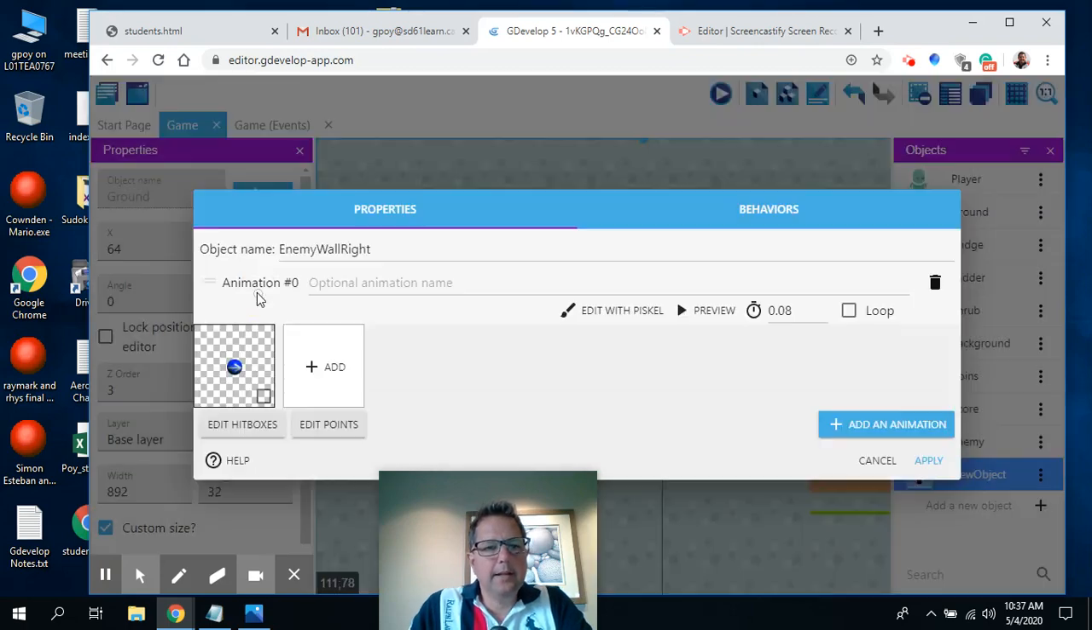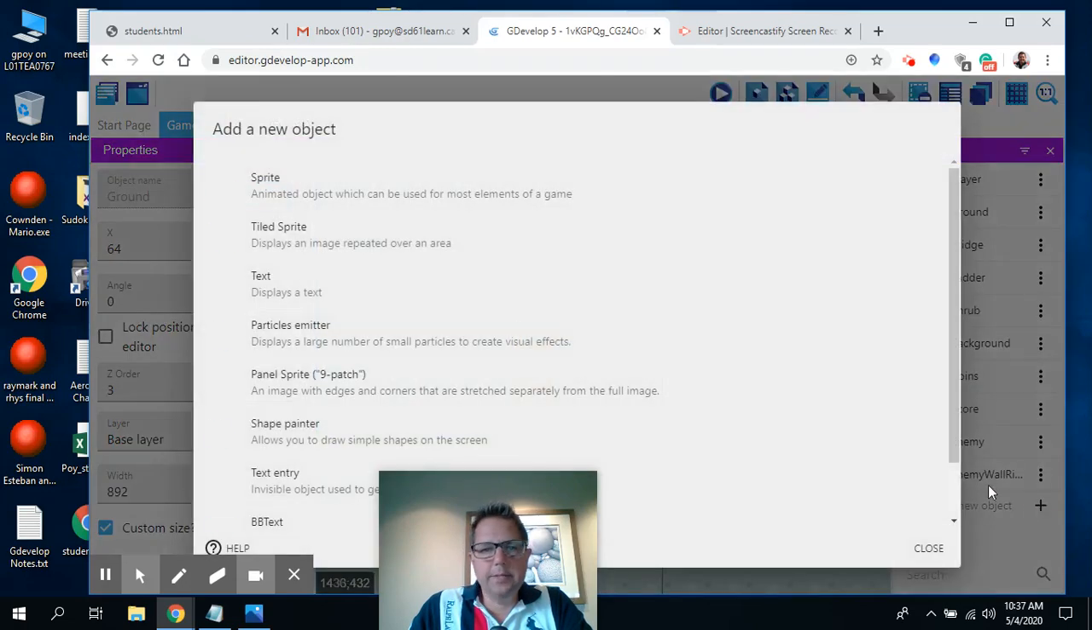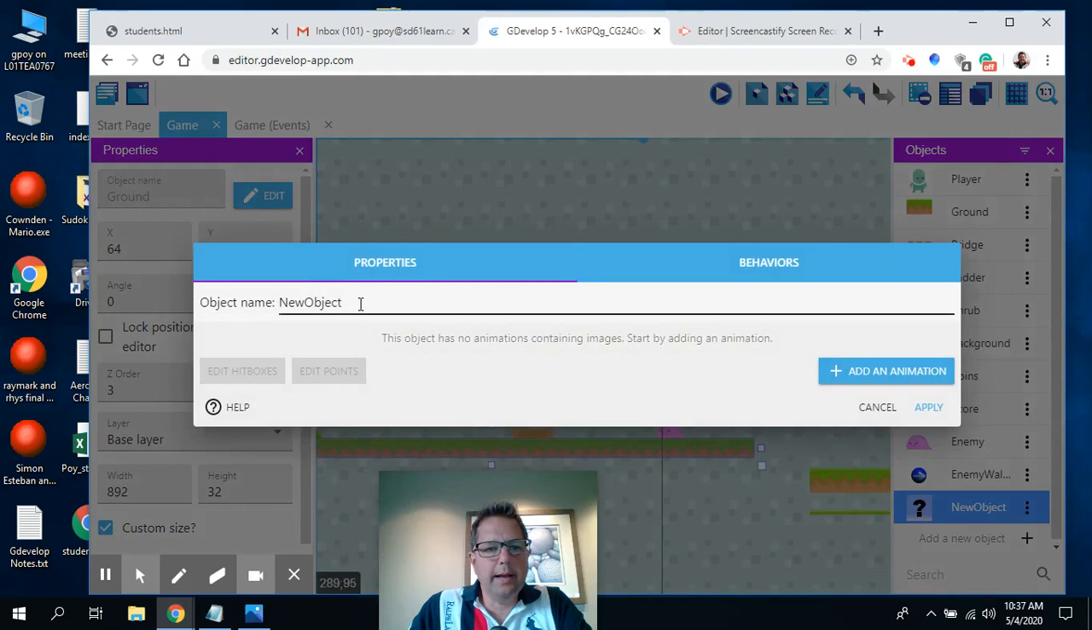Here it is. The right arrow. So this wall points right, and when the enemy hits it, it's going to want to make the enemy move right. I'm going to make another object. So again, I add a new object, and this one I'm going to call enemy